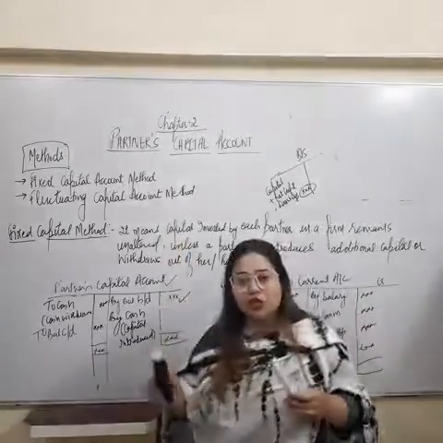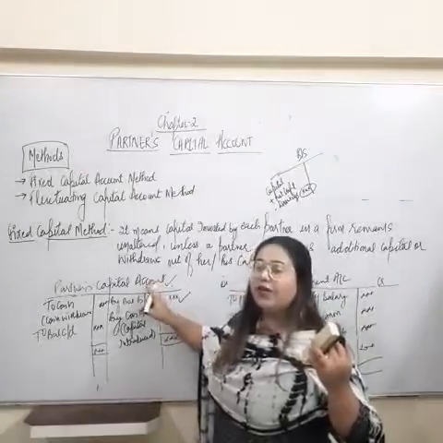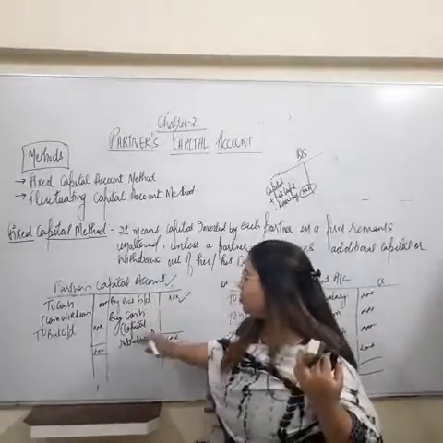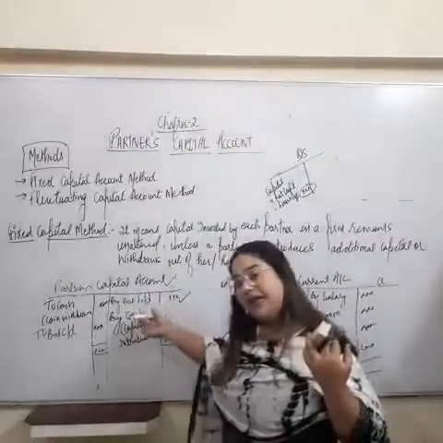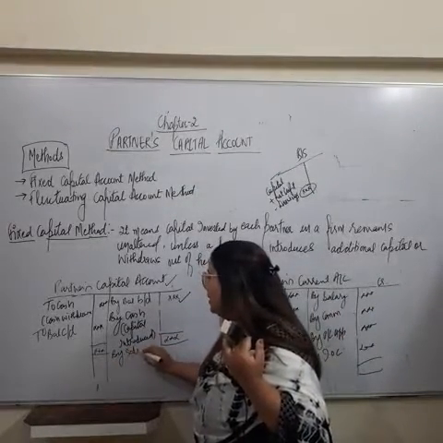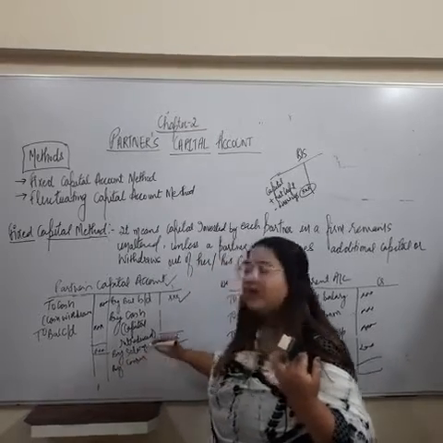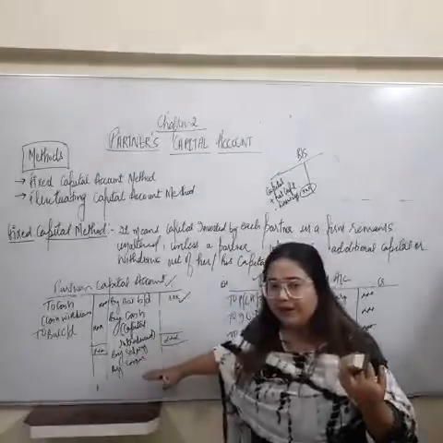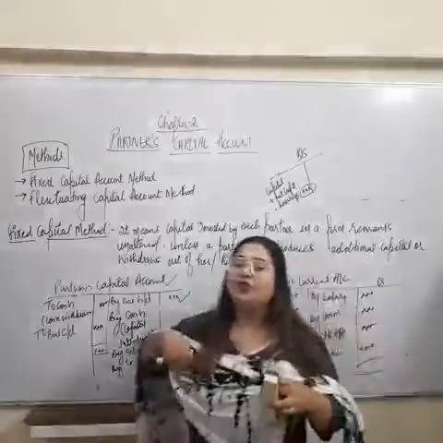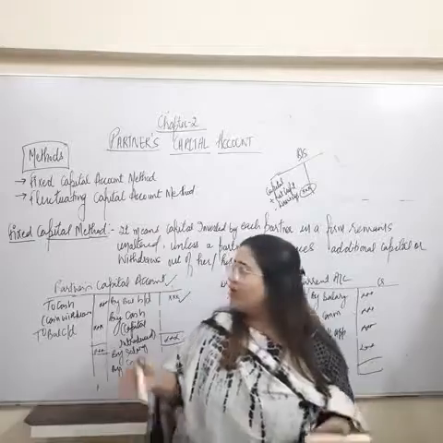So in case of fluctuating capital method, what we have to do, we need to maintain a single account for recording all the transactions which are related to the partners. Whether related to salaries, here it will be again started by balance brought down, then all other things by salary, commission. So all the other items which are related to partner will be recorded at one place, that is called partners capital account, right?